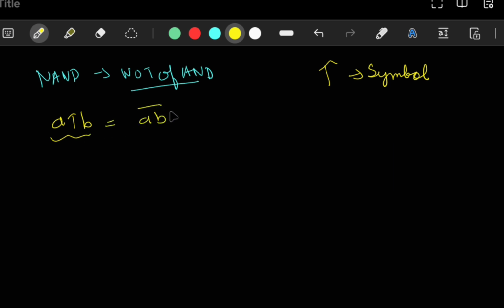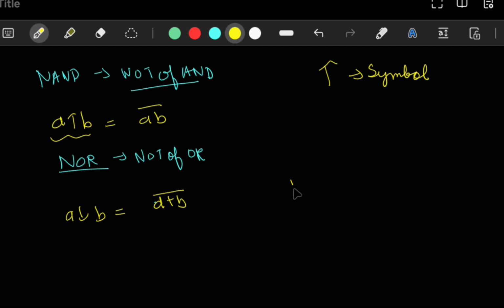negation or the complement. Now what will be the NOR operation? It means not of OR. So first you do OR, then you do NOT, and its symbol is downward arrow. Like,